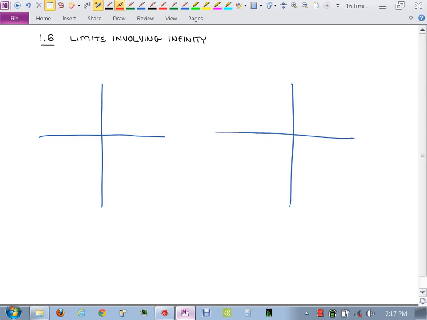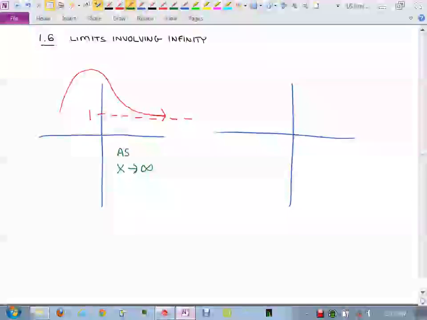On the left side, I'm going to look at a function that does something like this. And I'm going to put, let's say, y equals 1, dotted line. That's like a horizontal asymptote. So where is that function on the left side headed as x goes to infinity? As x goes to infinity, doesn't